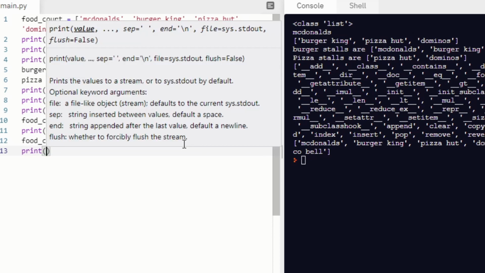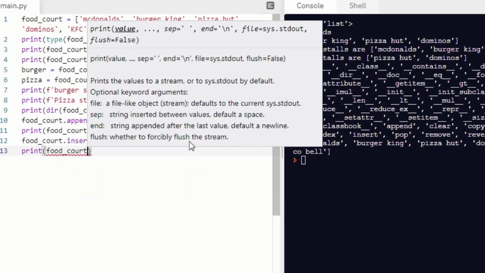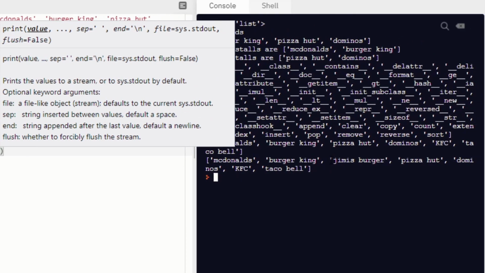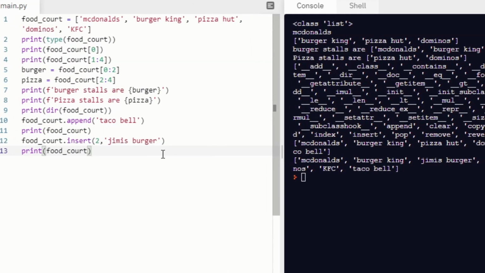Print food code, and if I run it, see, Burger King on the second index, here came the Jimmy's Burger. Now there are some more, like if you want to add to a list, you just have to put plus in it. Like if I write sweets, now in sweets I have another list. In that list I have Naturals ice cream,